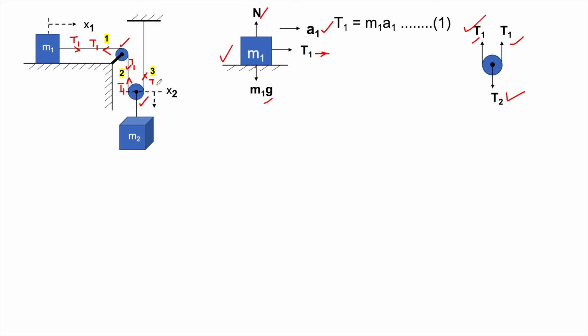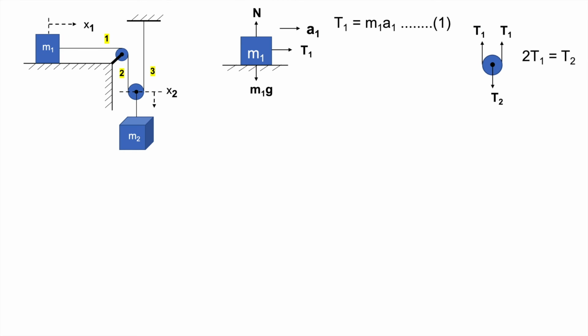But block of mass m2 is connected through another rope, so let us assume the tension on the movable pulley in the downward direction is T2, because it is a different rope, so the tension will be different. Now since this pulley is massless, we can write that 2T1 equal to T2, because if block m1 moves towards right, then the movable pulley comes downward, and due to the downward motion, block of mass m2 also comes downward.